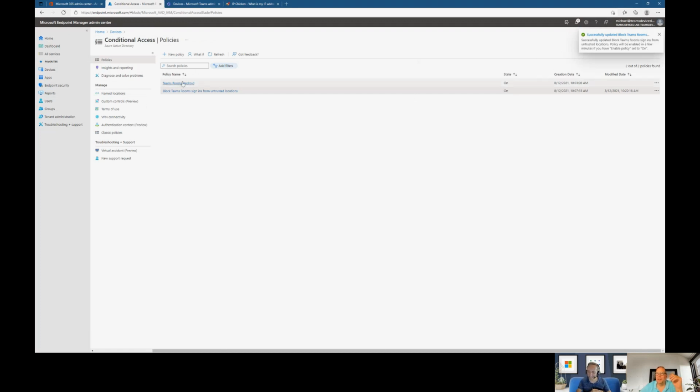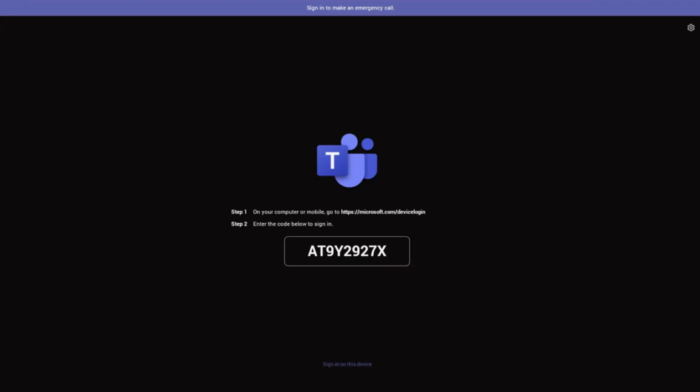So it doesn't go for the first one in the list? Why did it pick this one instead of this one? Because this one applies. How does it pick which policy? The most restrictive will always win. So if you have different conditional access policies, the most restrictive will always win. And this is most restrictive because it blocked all logins from all locations? Yes. Whereas now we're blocking all locations except TownView. Exactly. Okay. So we made that change to the conditional access policy to block everything except for our